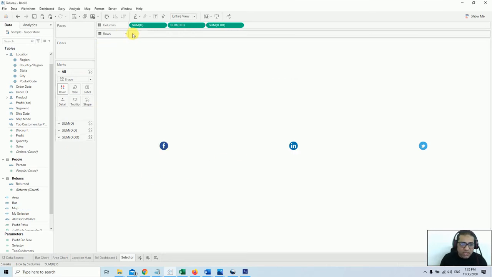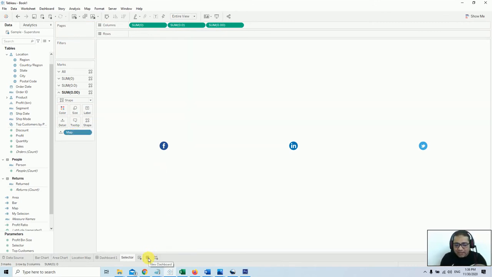So now if you see our first one, 0.00 value, I'll go here and I'll drop bar into the detail. Similarly I will drop area into the detail. Similarly I will go to the last one, 0.00, and I'll drop map into the detail. What will happen basically, this passes this value to the parameter and will allow it to work.